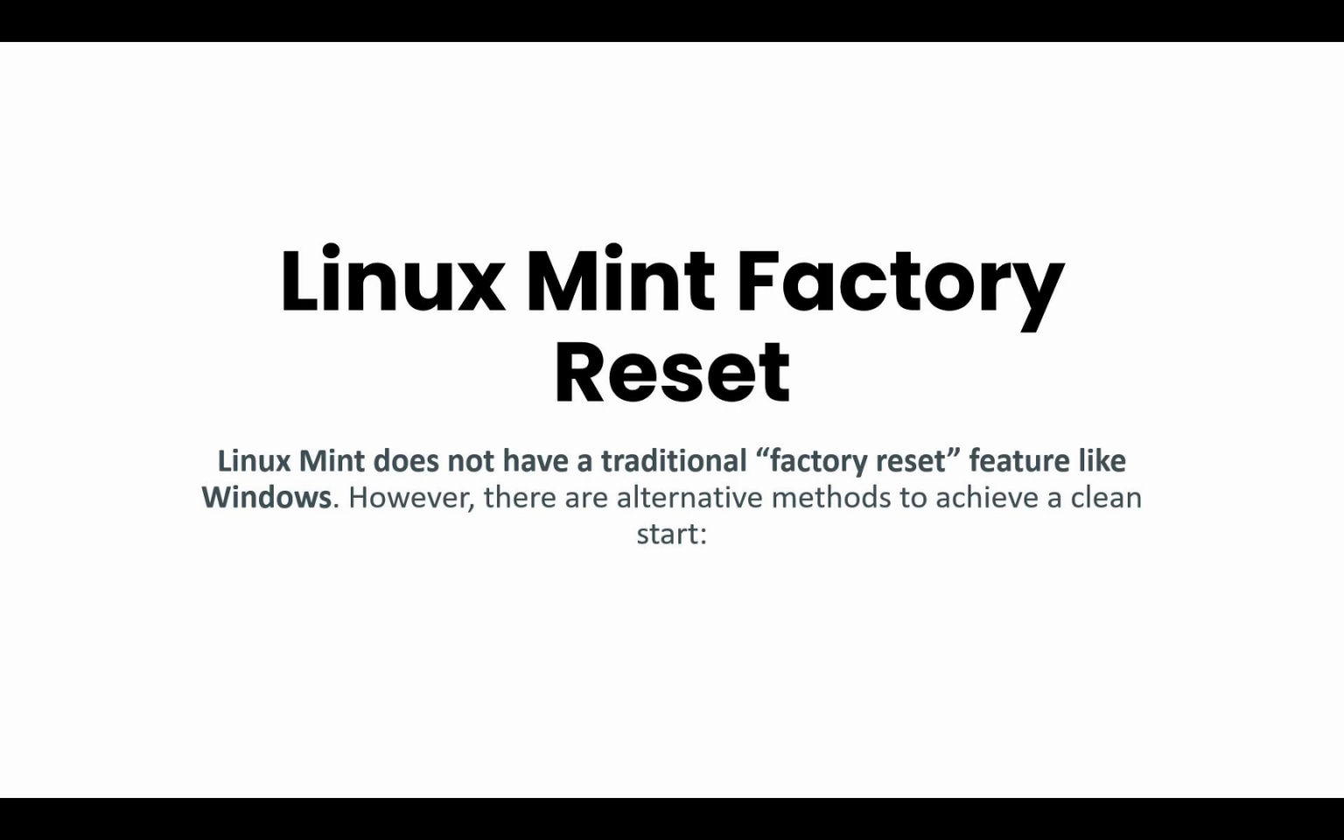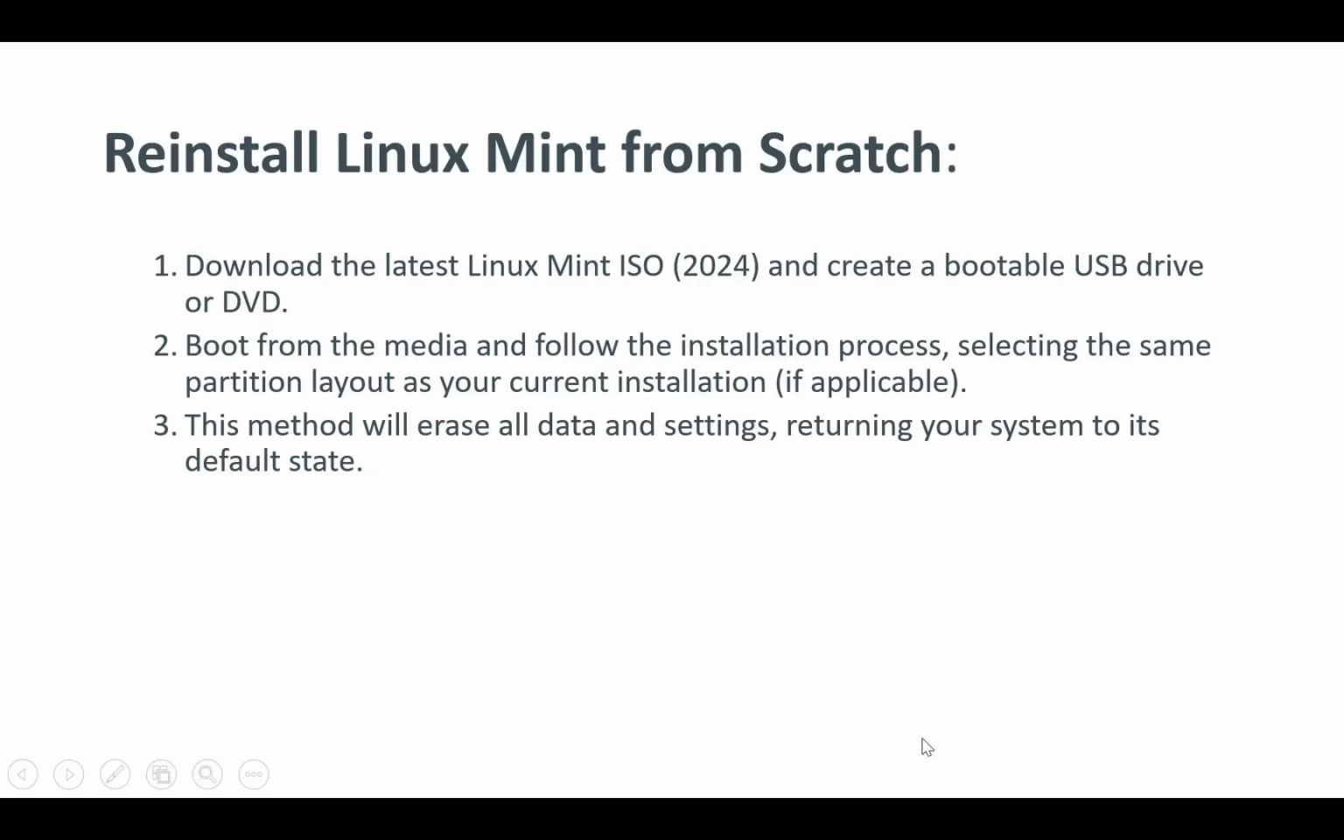So as you know, Linux Mint does not have a traditional factory reset feature, so this is how to factory reset Linux Mint. The first method, which is obvious, is to reinstall Linux Mint from scratch. You're going to download the latest Linux Mint ISO 2024 and create a bootable USB drive or DVD. Boot from the media and follow the installation process, selecting the same partition layout as your current installation if applicable. This method will erase all data and settings, returning your system to its default state, so make sure to back